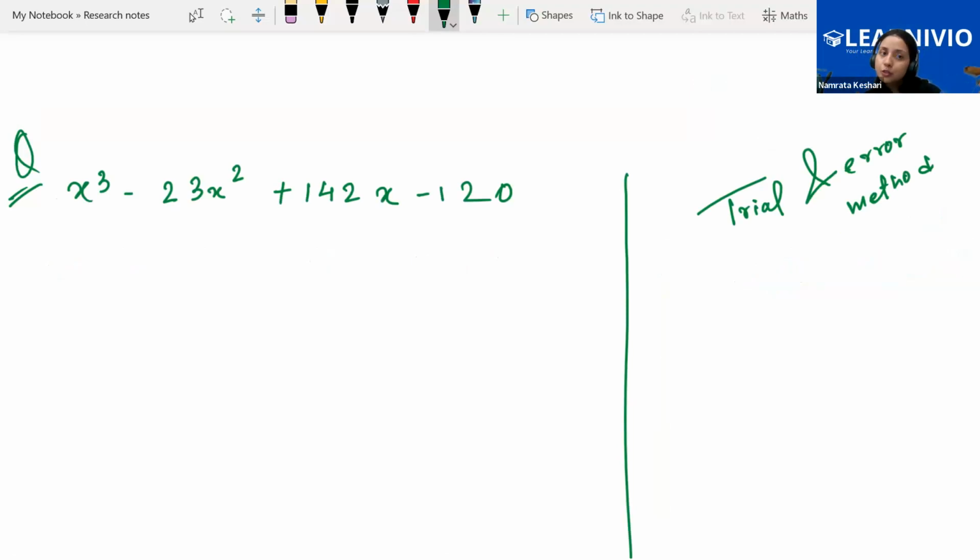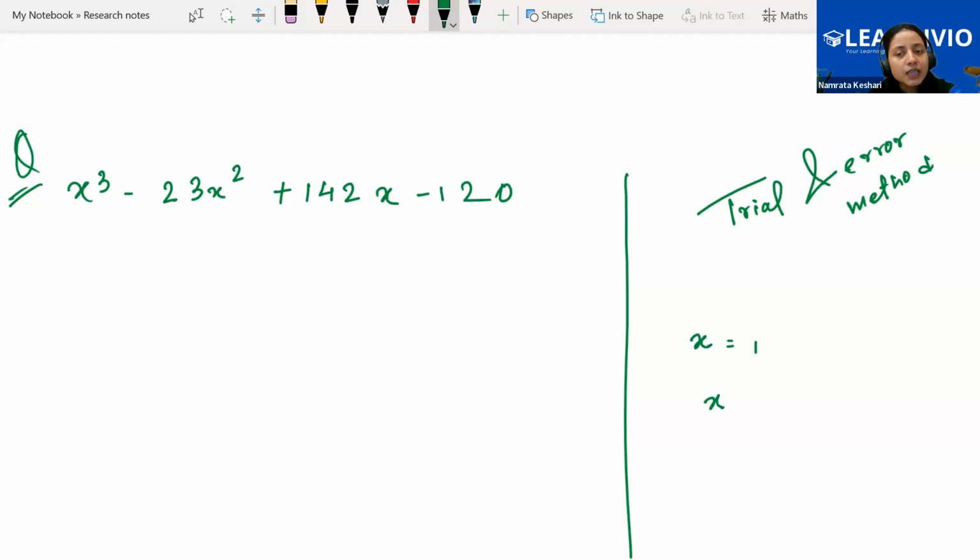Trial and error method for a cubic polynomial says that the way you go and do shopping, suppose you are shopping for clothes. What you will do, you will try a t-shirt, and if the fitting and everything is not that good, you will say it's error. You tried, it's not working, error. Again you tried, it's not working, error. Again you tried the next one, like the other pieces from the mall, and if it's not that good, error. So this is how here also we have to take a few random x